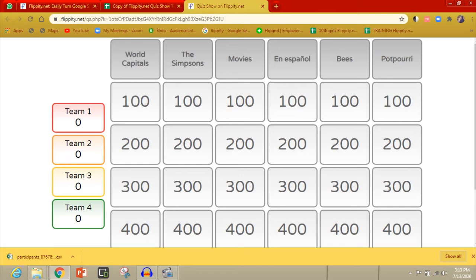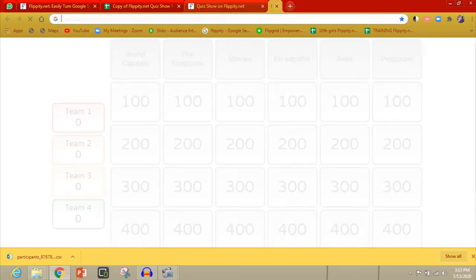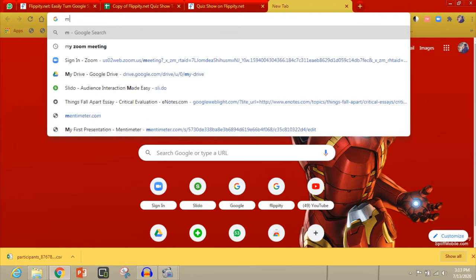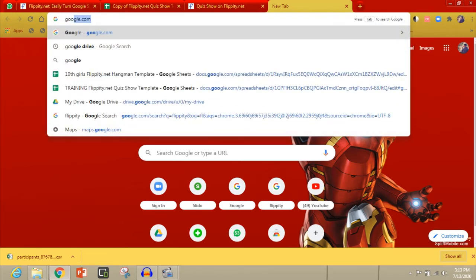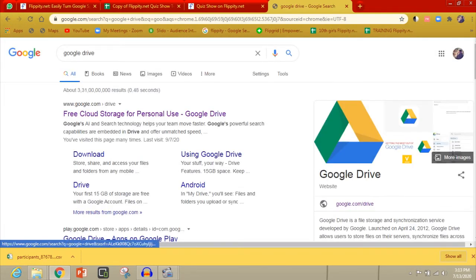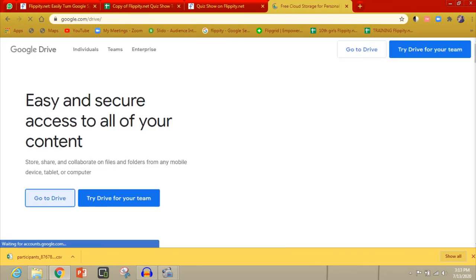You can create this game the previous day itself, but where you have to open the game is, just go to your Google Drive. Just type my drive. If you are going to use Google Drive for the first time, it will ask you to feed your mail ID. I'm already using Google Drive, so it will go directly to my drive.